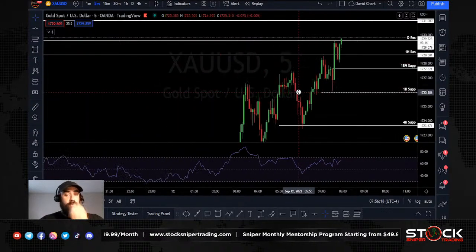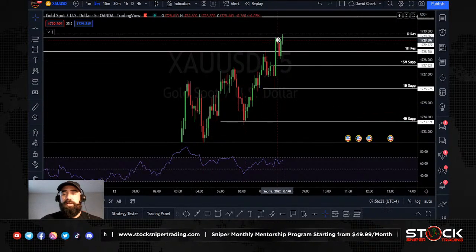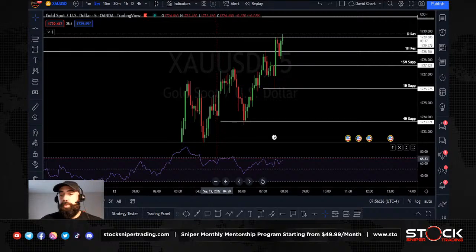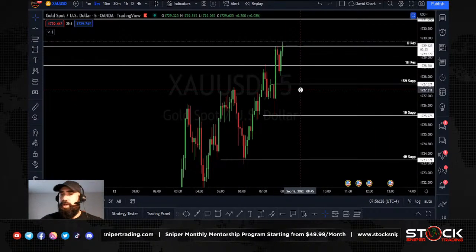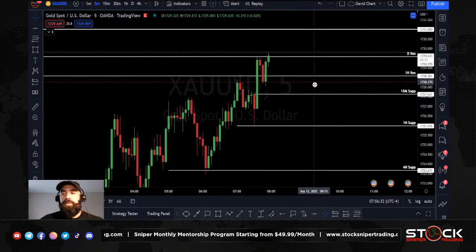You can see we're starting to cool off in terms of the RSI. Price is starting to make a high here, then RSI is starting to cool off. It shows maybe a potential sell-off coming in, but we'll have to wait and see here. So what I'm looking for,